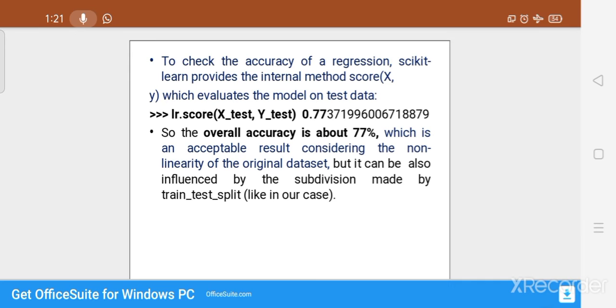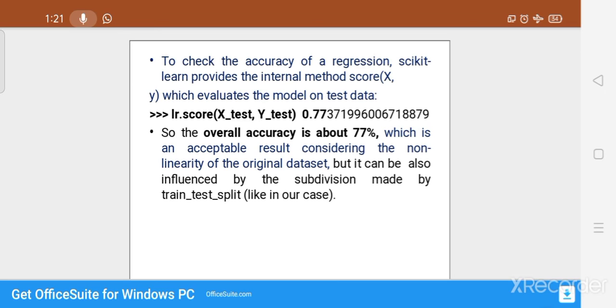To find out the accuracy, we use the method score. So LR.score(x_test, y_test), and what accuracy came here? That is 77%.